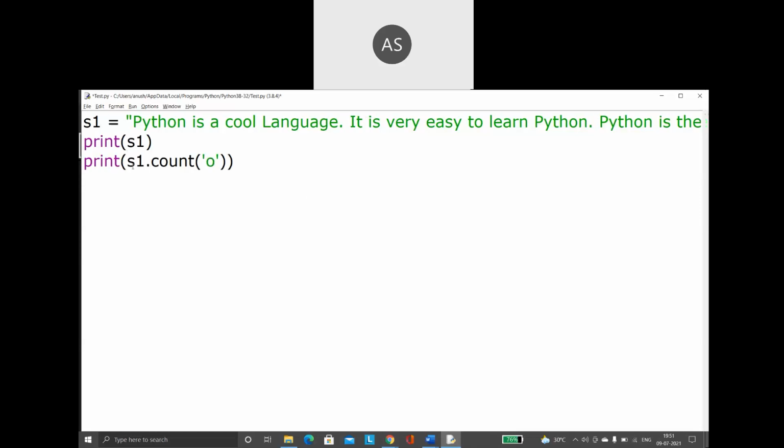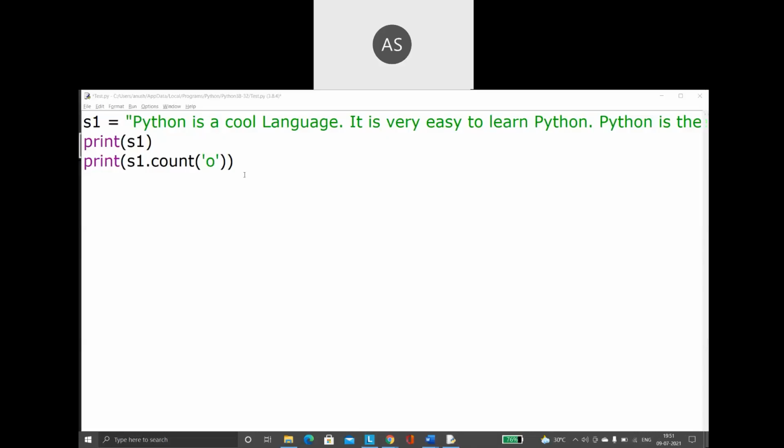So how will you use it? S1, which is my string, dot count of, you will specify the character you want to count. At the same time, sorry guys, I told you two things. You can use the count function for a single character. Also, you can use the count function for a word itself. So here I'm saying Python.